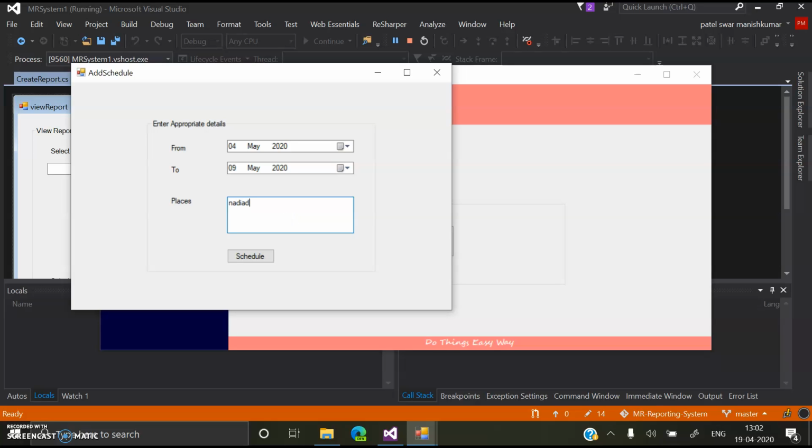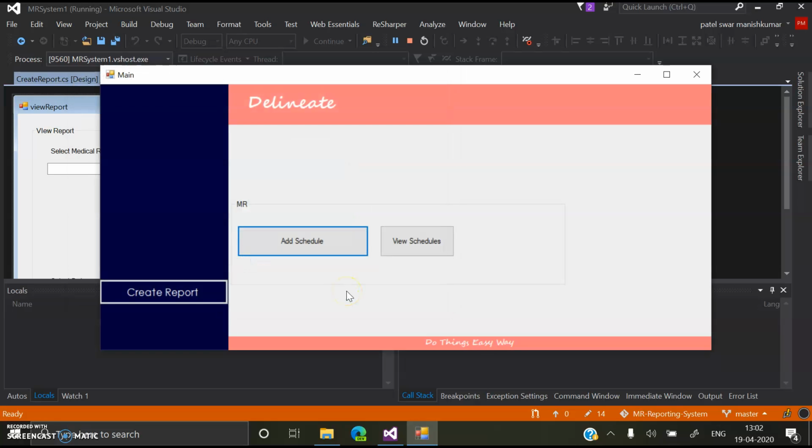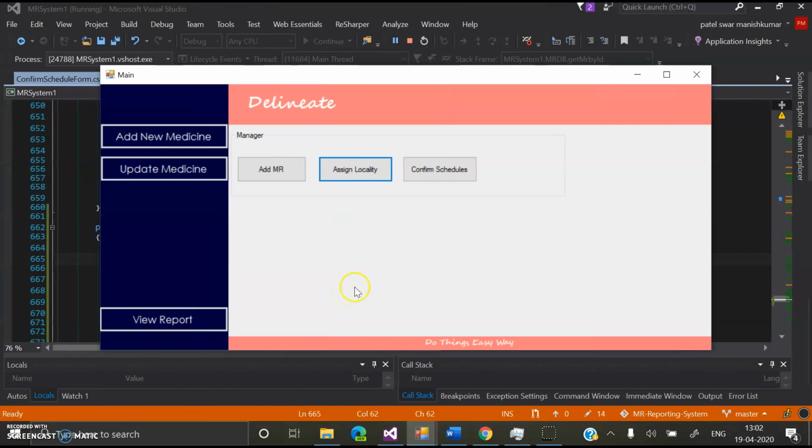He is going to visit Nadiad, Anand, then Thasra, Vaso, Kapadvanj. Okay, that schedule is submitted to the manager.